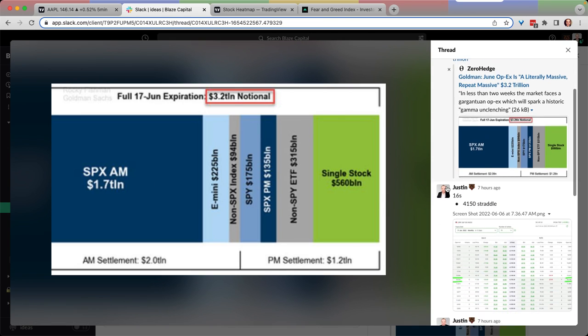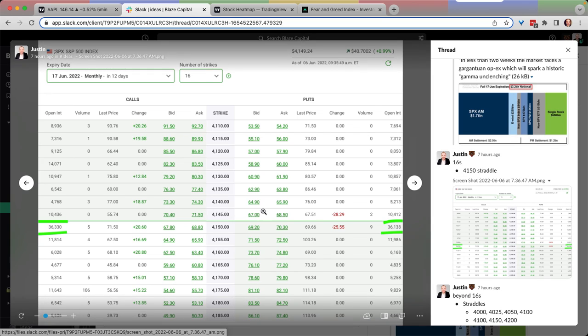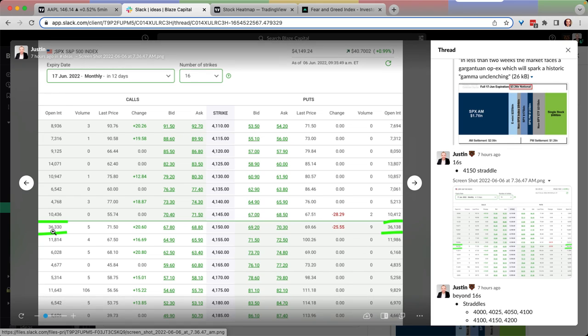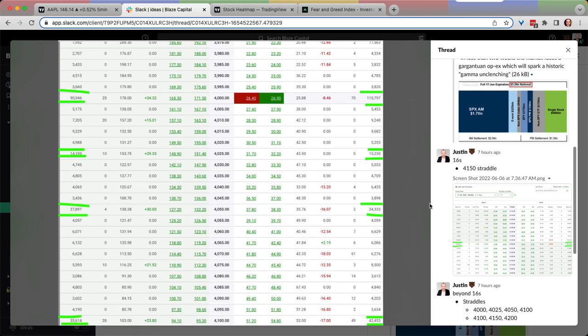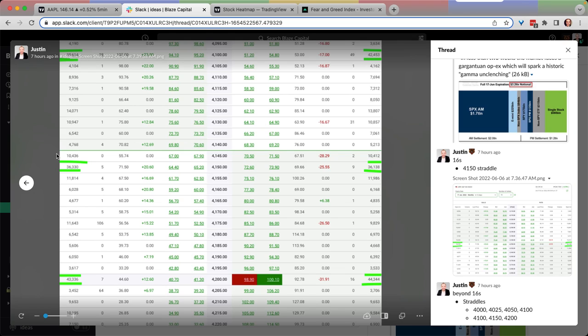The reason why I'm pointing this out is because this 1.7 trillion here sticks out like a sore thumb. And I went through and looked this morning. What I noticed is straddles. So we got a straddle here at the 16s, or the 16 strikes, which are most likely going to pay out, 8 above, 8 below. And we got a perfect straddle here: 36,000 at 41.50 calls, 36,000 at 41.50 puts. Then I look beyond the 16s, and there's straddles everywhere. Roughly 100,000 here at 4,000, roughly 15,000 at 40.25, roughly 30,000 at about 40.50. We got about 40,000 at 4,100, and then 36,000 at 41.50, which I pointed out. And then about 44,000 at 4,200.